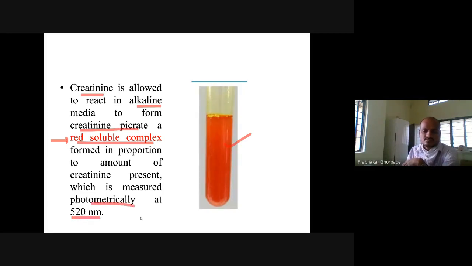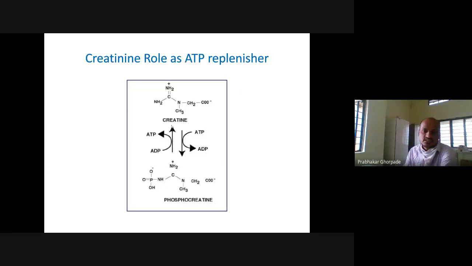So this can be measured spectrophotometrically or colorimetrically to know the concentration of the creatinine present. The darker the color, the higher the creatinine concentration, but that is just qualitative. If you want to estimate quantitatively, you have to take tubes and make blank, standard, and test, and then compare the standard color with the test color. Based on that comparison, if you put the optical density value of each into the calculation formula, you should be able to get the concentration of the creatinine. So this is creatinine.